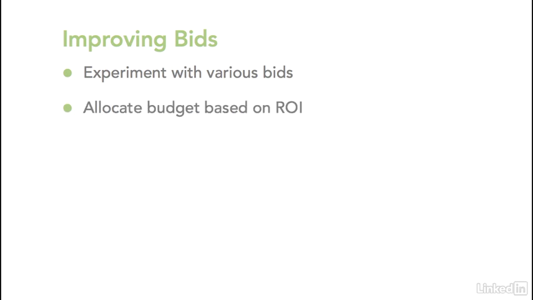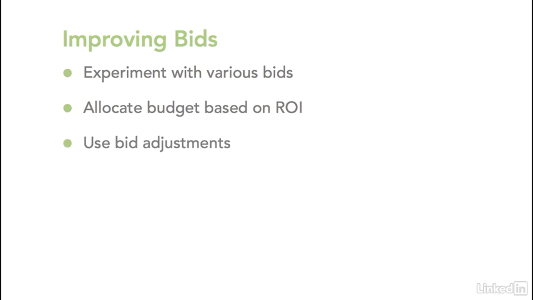From there, you want to allocate your budget based on performance. You want to make sure that you have the appropriate budget for each campaign. For keywords that are profitable, you probably want to show them all the time. And to do this, the campaign's budget needs to be high enough so the campaign isn't limited by its budget. If you want certain keywords to receive maximum traffic, make sure that they're in campaigns whose daily spend isn't exceeding its budget consistently. If your spend is tapping out, but you're seeing positive ROI, it's time to increase your overall budget.